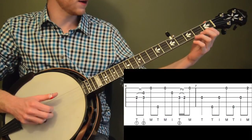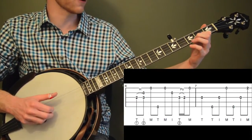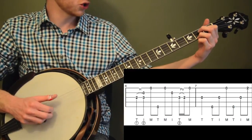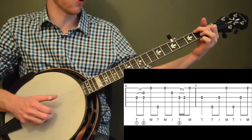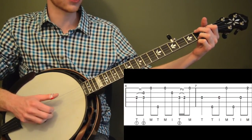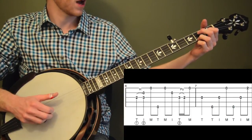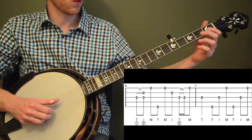And again, if you're looking at the tab first off, it might feel easier to do that with your 2nd finger or your 1st finger or something like that. But do it with your 3rd finger, because then you're going to be ready to go right into your C chord, and that's how you've done the C before. So really important, use your 3rd finger on measure 7 on that 2nd fret of the 1st string. Okay? So one more time, here's measure 7. 1, 2,